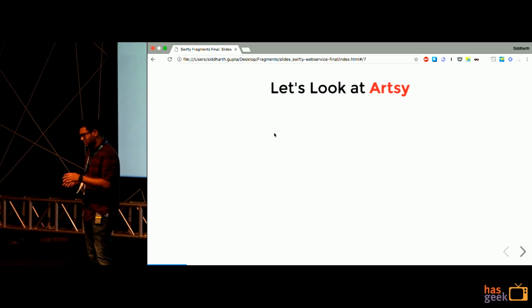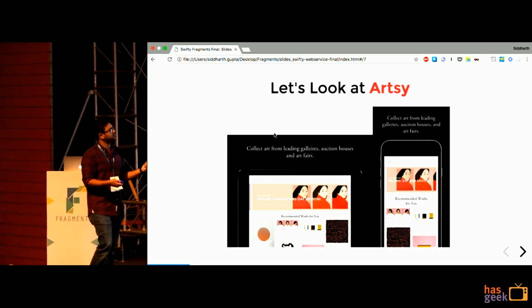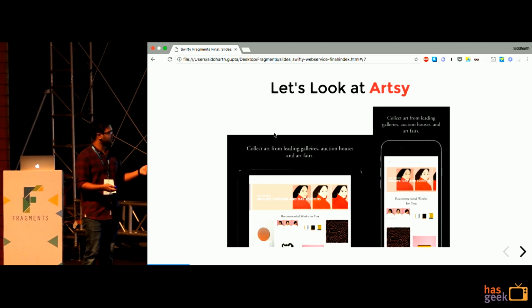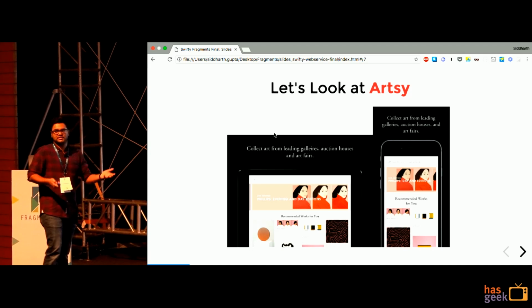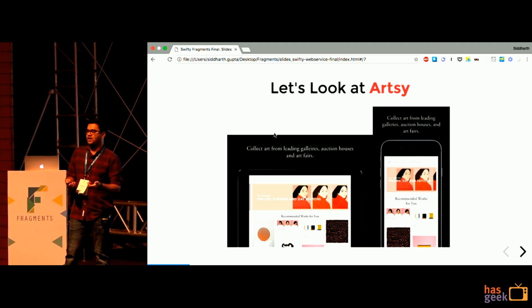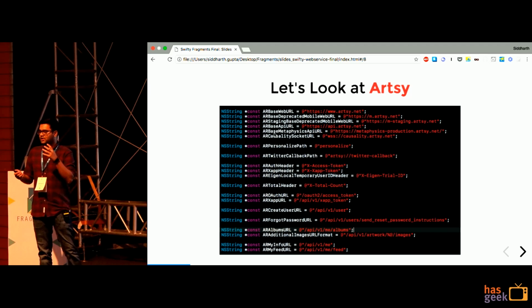So let's look at the current thing that's out there. So this is Artsy's app. It's a beautiful app. They recently open sourced their iOS app, and I was looking inside to see, how do these guys do networking? And what they do is this, right? This is an Objective-C code base with a little bit of Swift inside it,